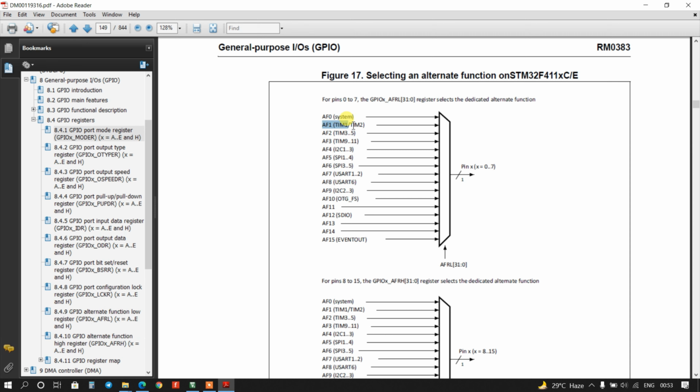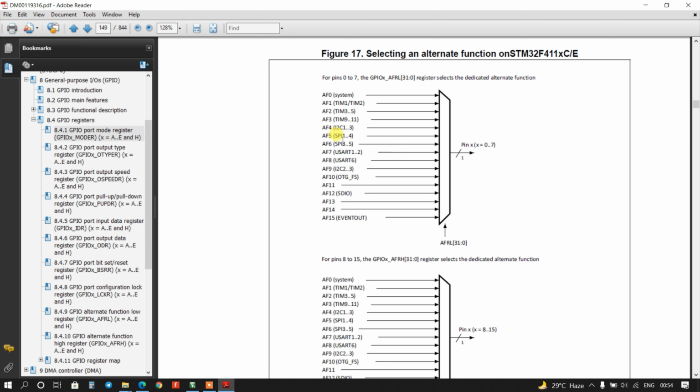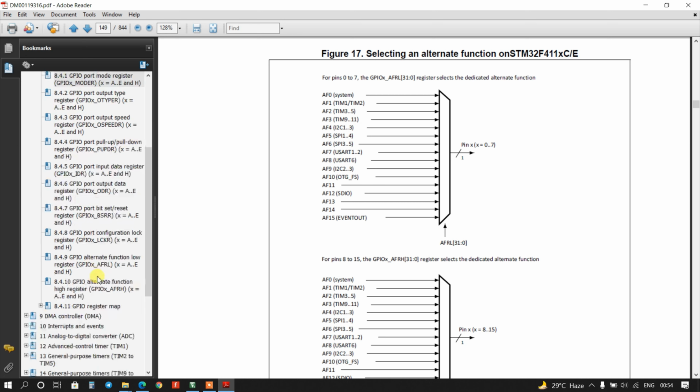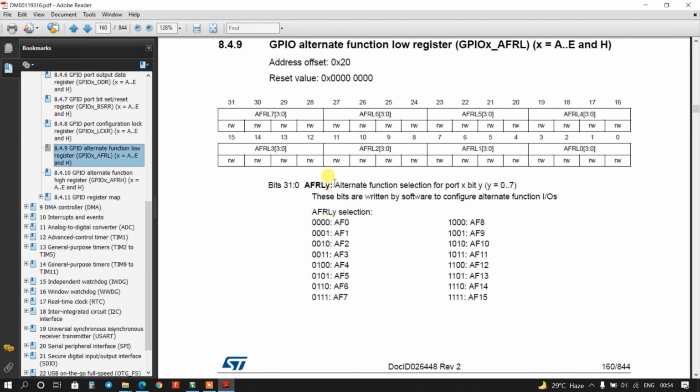So this is AF1. I have to select the alternate function low register because I am using PA5 pin. If the pin is 8 to 15, then it will be AFRH, otherwise it will be AFRL. So we will go to the AFRL registers.